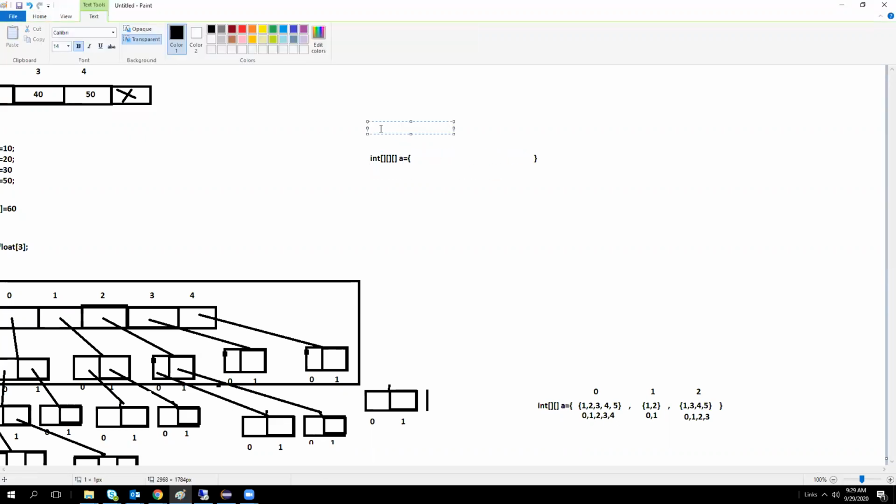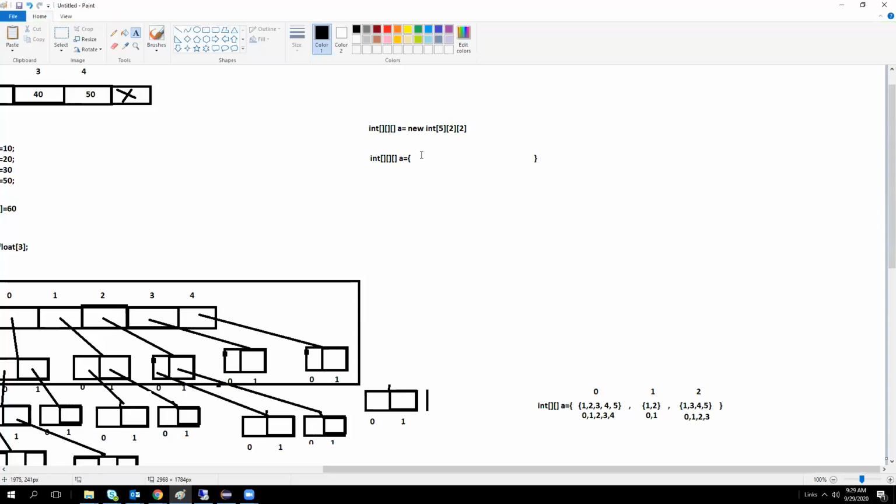Here we are creating int[][][] A is equal to new int[5][2][2]. This is my declaration.